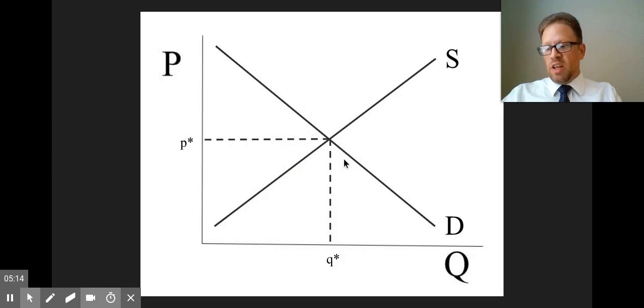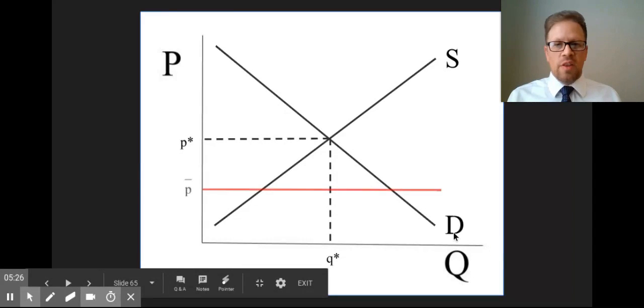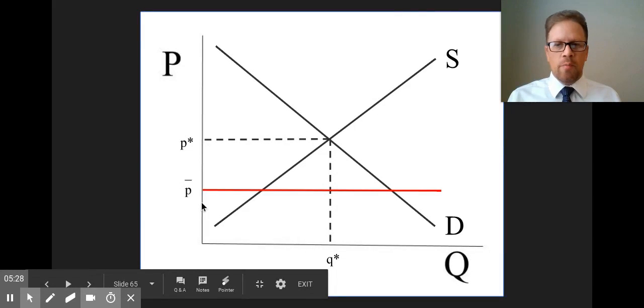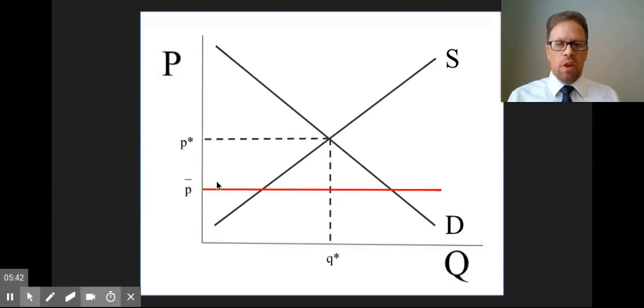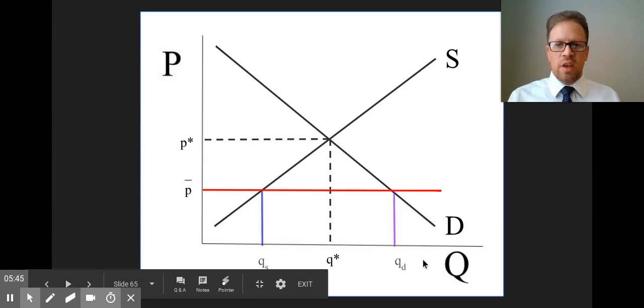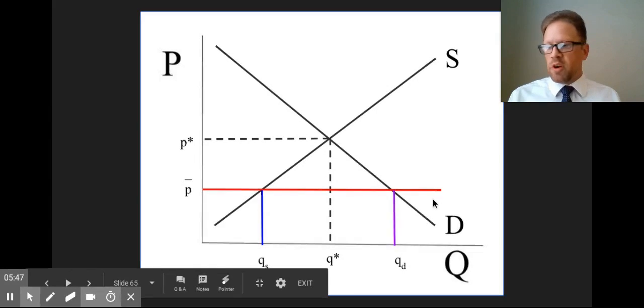Now, price ceilings are government regulations that establish a maximum price for a particular good or service. So, a maximum price, set below the equilibrium price. I know you think ceiling, you think high above you, but when you have a price ceiling, if it's effective, it's actually going to be below your equilibrium price. And therefore, being below equilibrium price,